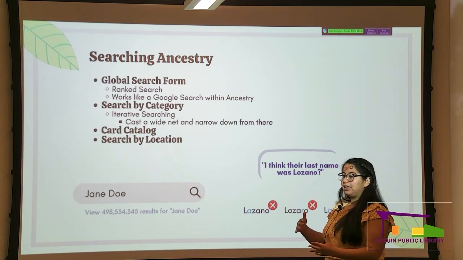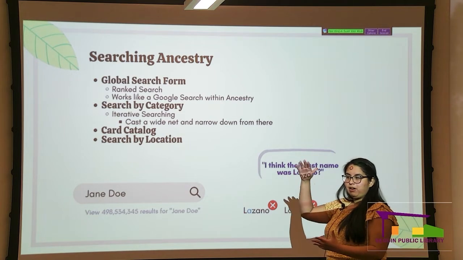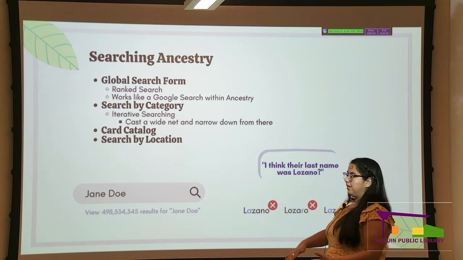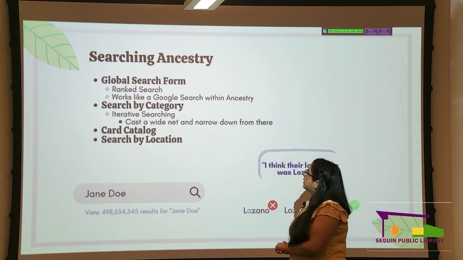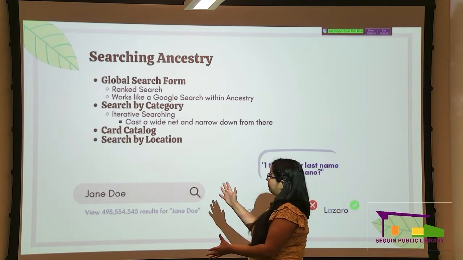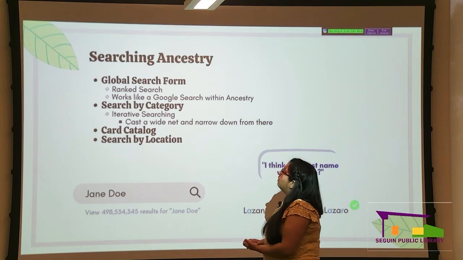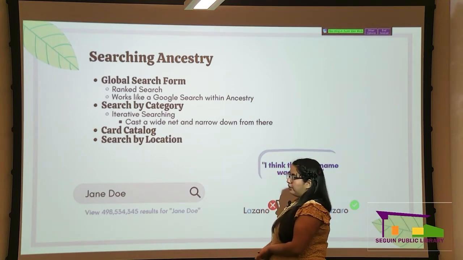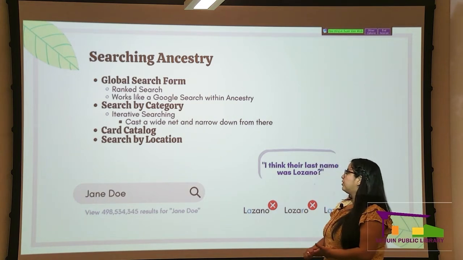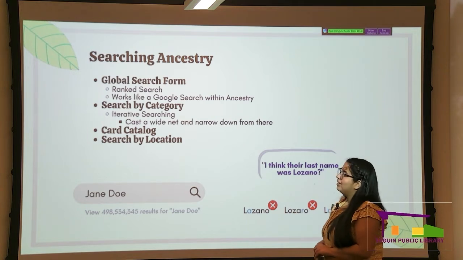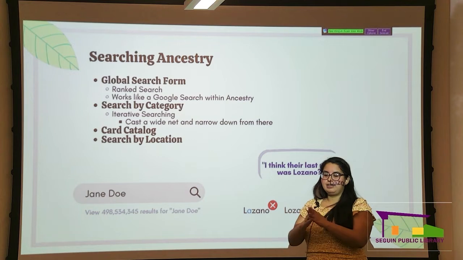So that's what a ranked search is. It's determining off of what you've entered, what it thinks would be most pertinent to your search. So that's what it brings up. So that's one way of searching, the global search form. The next would be to search by category. So in a minute, I'm going to be going over the different categories that are available through Ancestry. And what we like to suggest is a method called iterative searching, which means you're searching different versions of the